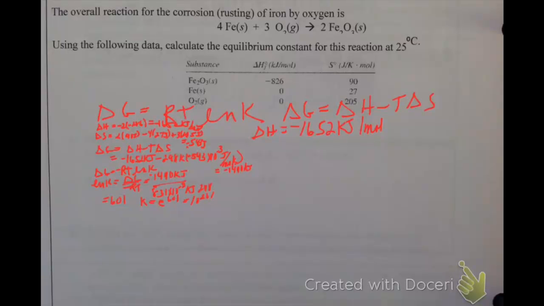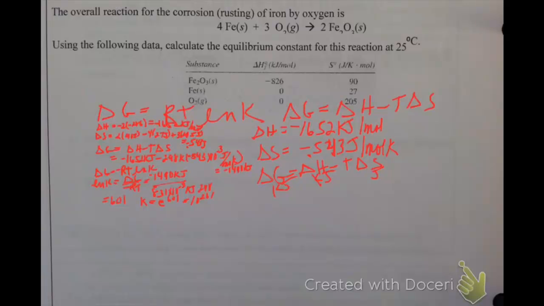So when I did that, just to sum up, I ended up with a delta H of minus 165.2 kilojoules per mole. My delta S was minus 0.53 joules per mole K. My delta G, when I plugged it into delta H minus T delta S,